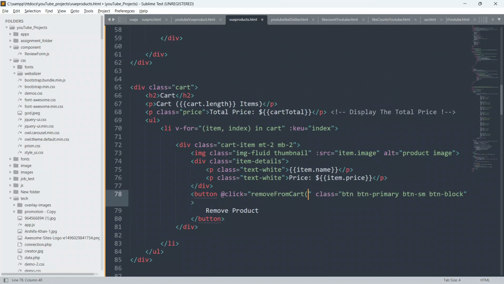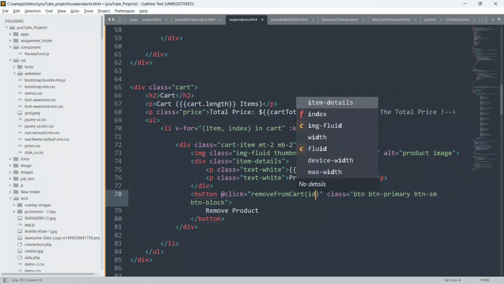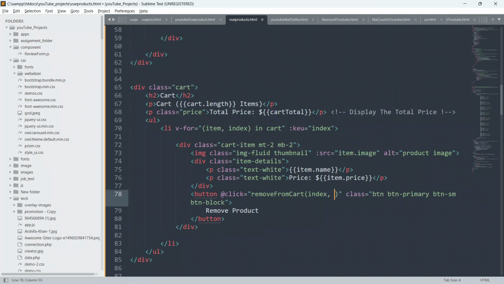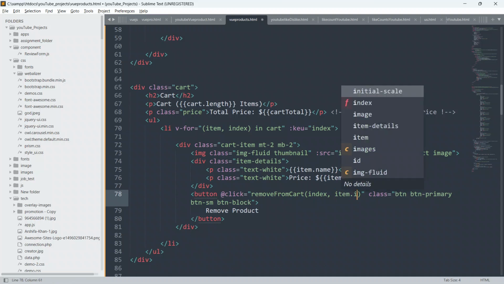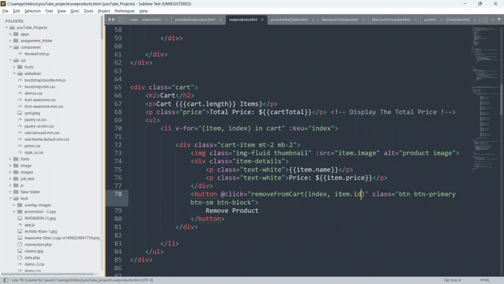Okay, so now we have to define this function, and guys, inside this function we have to pass index. Okay, we have to pass index also, and we have to pass item id also. Okay, so I will do this item dot id. Okay, so this item dot id.